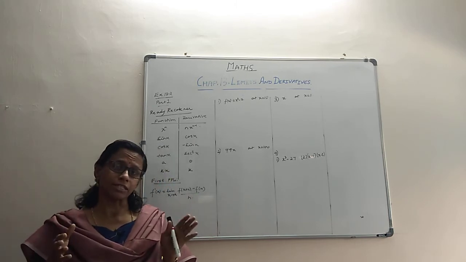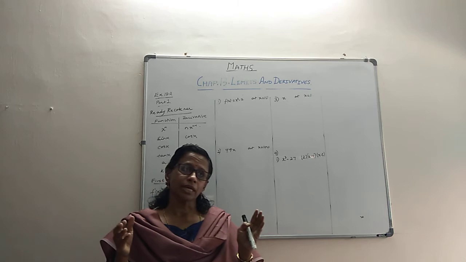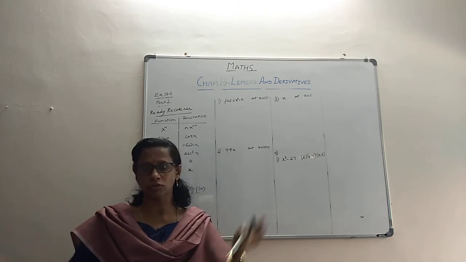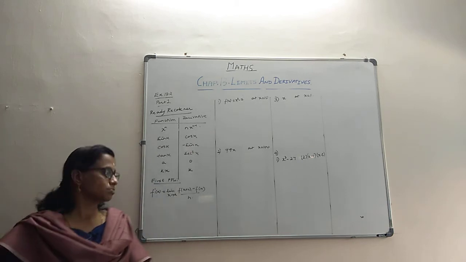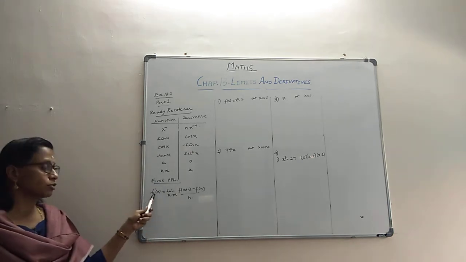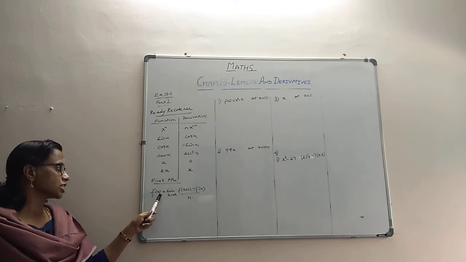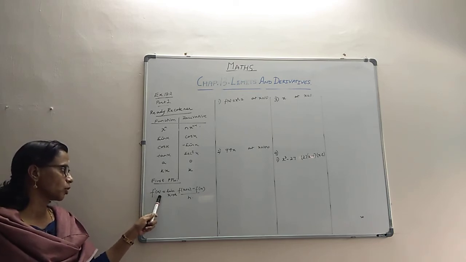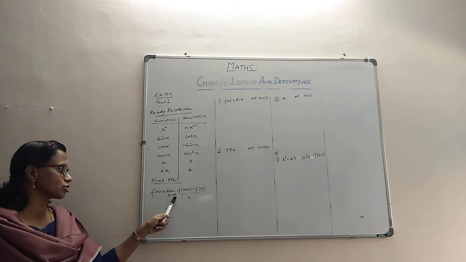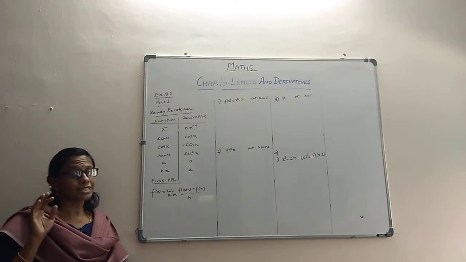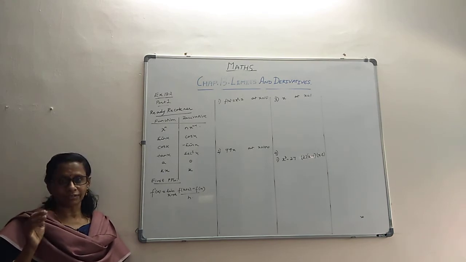Now, in finding the algebraic version also, there is something like finding it by first principles. It's like lots of work. So first principles, when you have to find, you have to use this kind of a formula, like f dash is what the derivative is. f dash at the point a, that means derivative at the point a, equals limit as x tends to a, f of x plus h minus f of x by h. This is the traditional method of finding the derivatives.